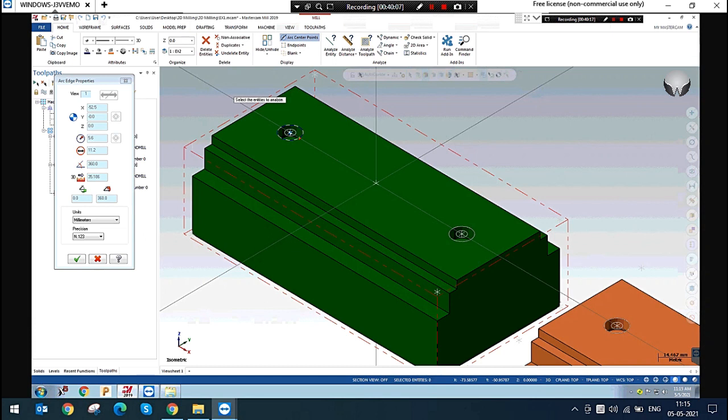The circumference of this arc is 35.186. If it is a partial arc, it will show the start and end angle. If you want these dimensions in inches, you can simply select the inches units. It has been changed to inches.